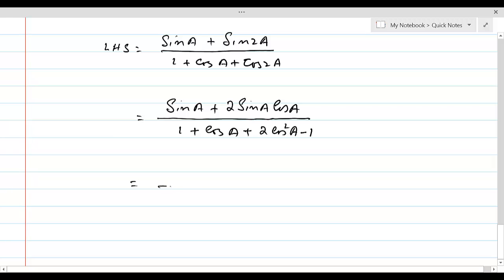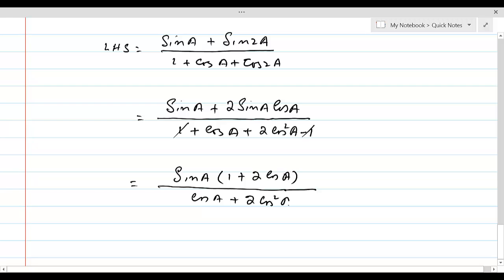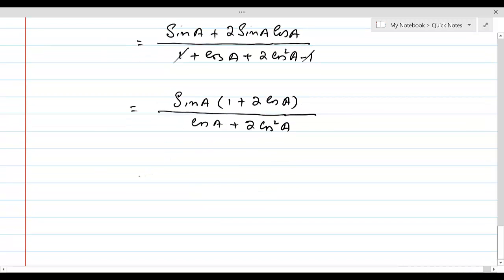So this will give us sine a plus 2 sine a cos a. We can take sine a common, leaving inside 1 plus 2 cos a in the numerator, and in the denominator we have minus 1 and plus 1 cancelled out, and we have cos a plus 2 cos square a. And now we can take common in the denominator as well, sine a into 1 plus 2 cos a divided by,